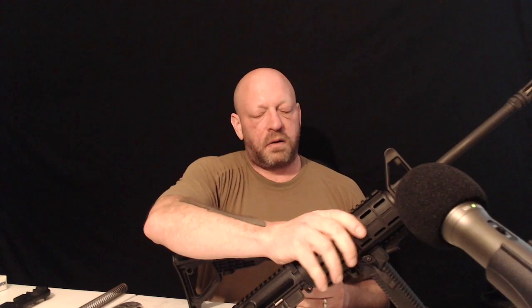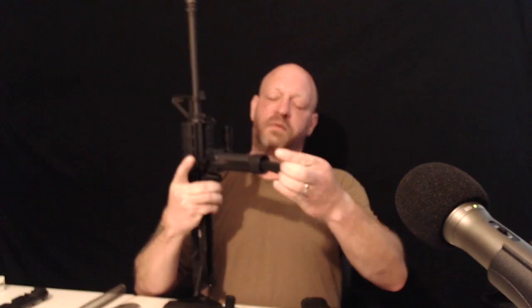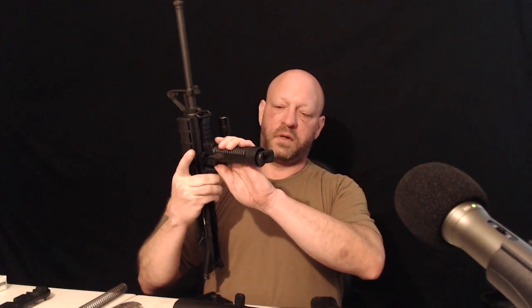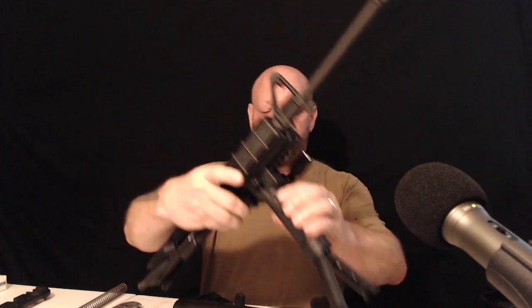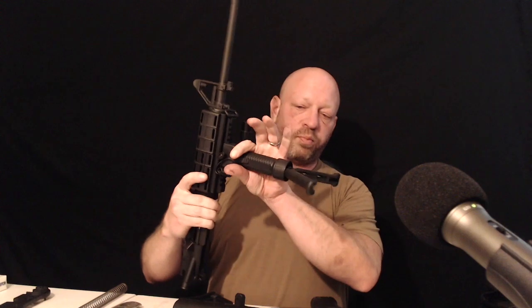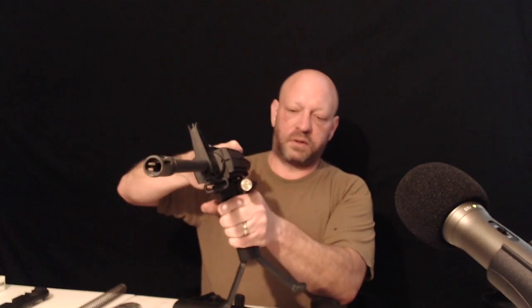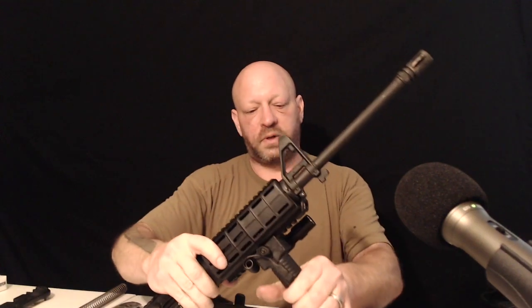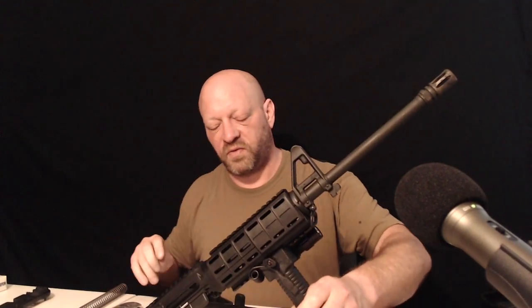This stock here is aftermarket stock. If you want to add any kind of accessories like my flashlight here and my handle, this is a really cool handle because it retracts into just a regular forward grip, and then you can make it a tripod as well. And then my flashlight has a little pressure button here where I can just squeeze, turn it on. Pretty cool accessory. I've got tons more, but I took a bunch of them off just so the gun didn't